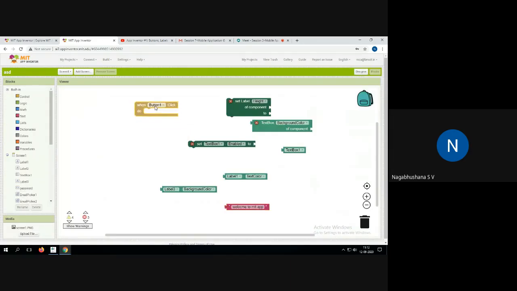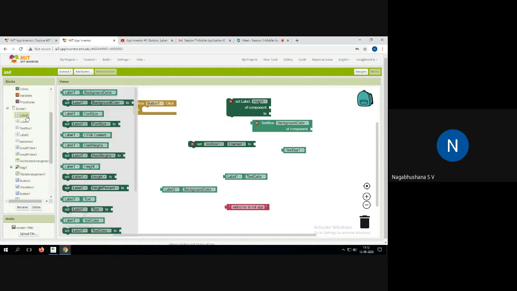So here, when Button1, you can see if there are n number of buttons, it will show you all the buttons here. Whatever components you have, all those components will be displayed here, and for each of these components it will show you what kind of actions can be taken. Suppose if I'm taking a label, what can I do?